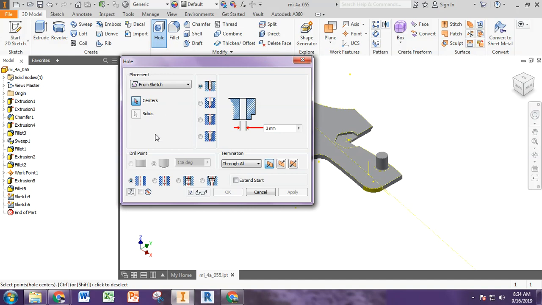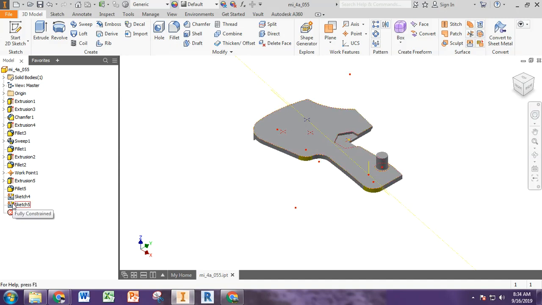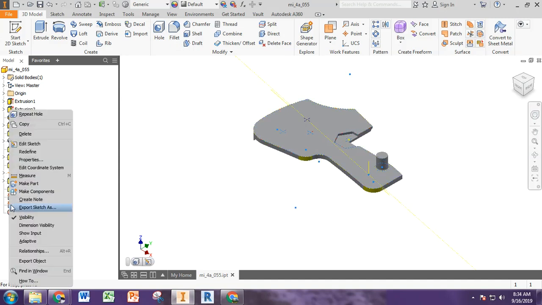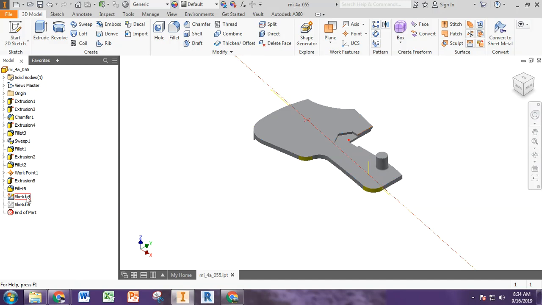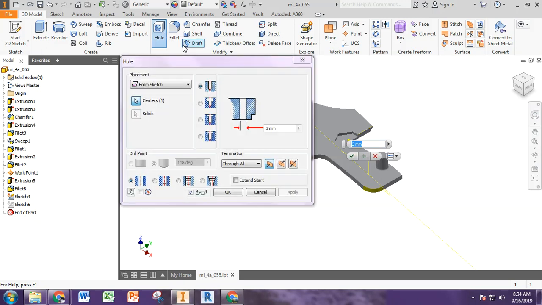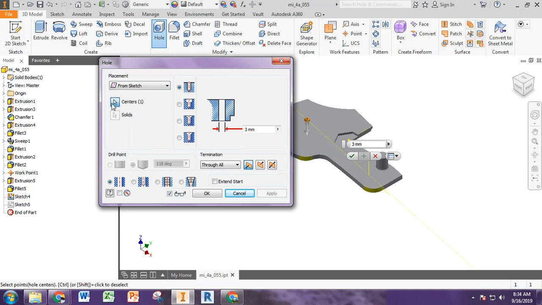Okay, so what we're going to do though is hit cancel here because Inventor's not automatically finding the sketch which you want to use for the first hole. So we're going to hide sketch 5. And now sketch 4 is the only active sketch. So I'm going to again hit Hole Tool, and you'll see now this arrow is not red anymore. It was red the last time because it did not know which sketch to use. So now it's automatically finding the point on the sketch,